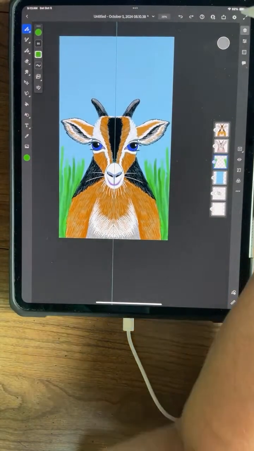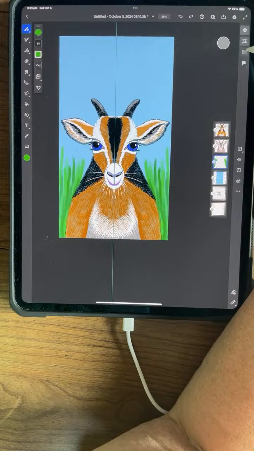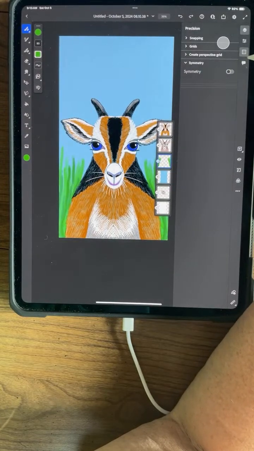Okay, and now I'm going to turn off my symmetry button. I actually meant to do that earlier,